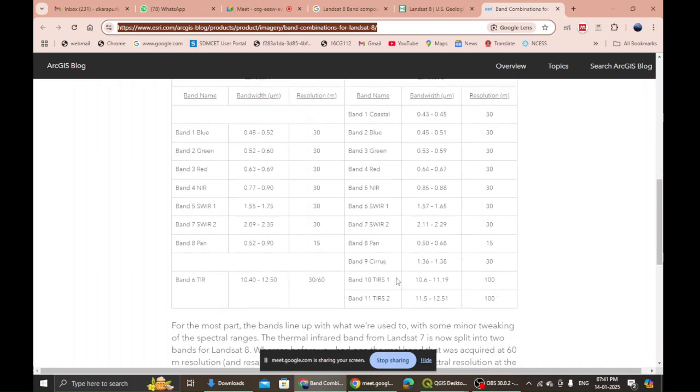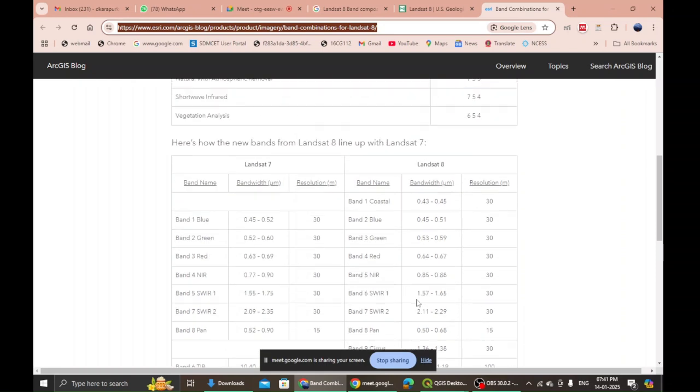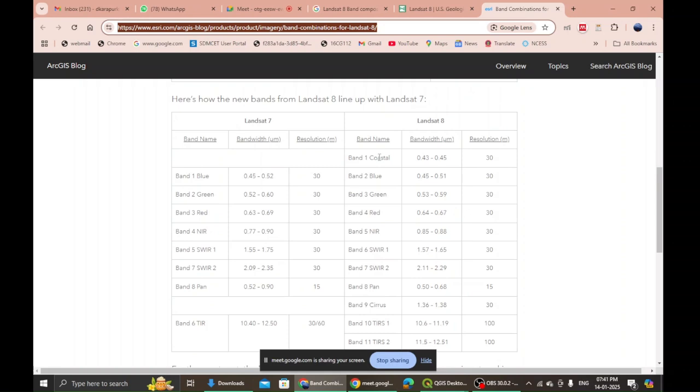Then band 9 is also 30, and the thermal infrared sensor bands, band 10 as well as 11, are 100 meter. So we have made a composite from band 1 to band 7 because they have the same resolution and they come one after the other. That is the only reason. You may otherwise even include band 9 over there.